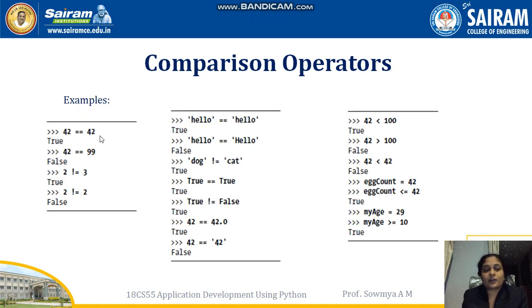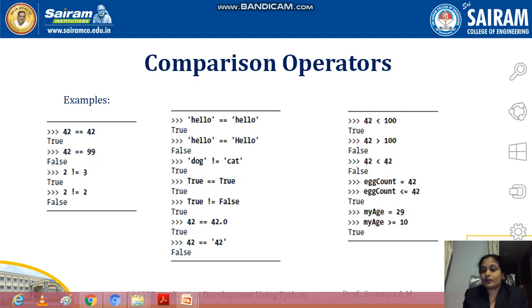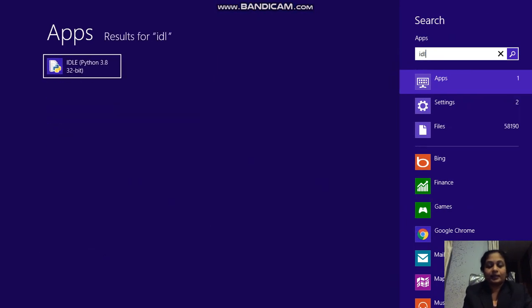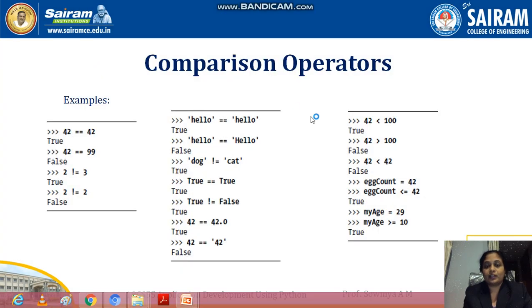We have many examples of comparison operators, so it is better to go for execution and see them. We'll go to the interactive window, the interactive shell.